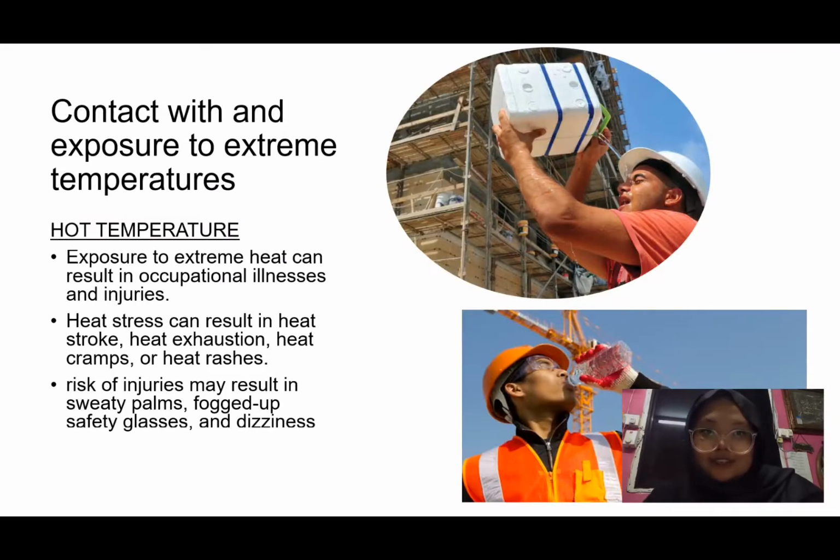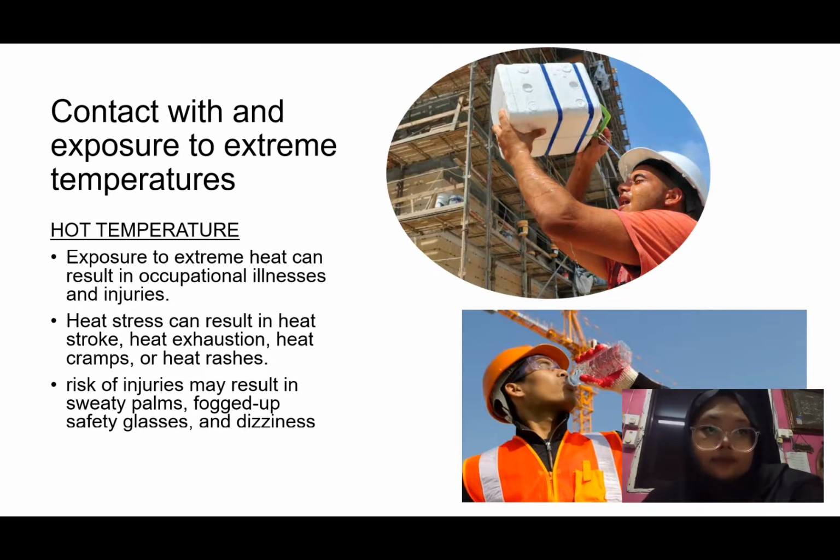The next hazard and risk is contact with and exposure to extreme temperature. For example, hot temperature. Exposure to extreme heat can result in occupational illness and injuries, which means heat stress can result in heat stroke, heat exhaustion, heat cramps, and heat rashes. This kind of hazard and risk can cause injuries, including sweaty palms, fogged up safety glasses,